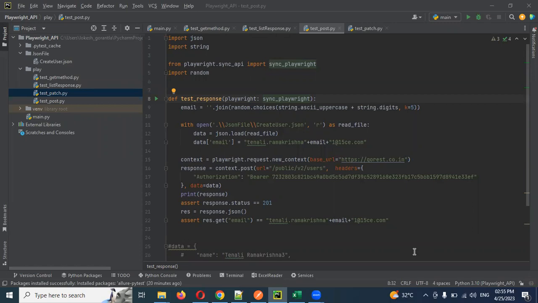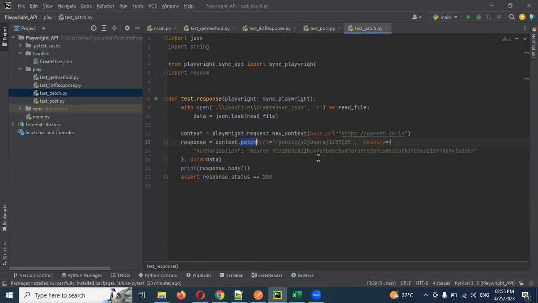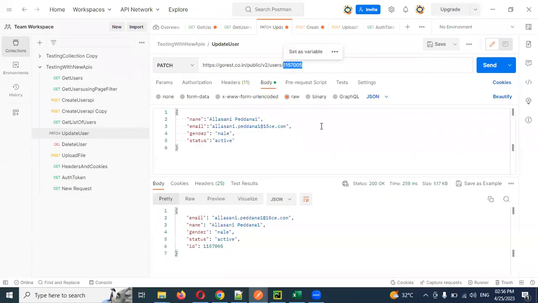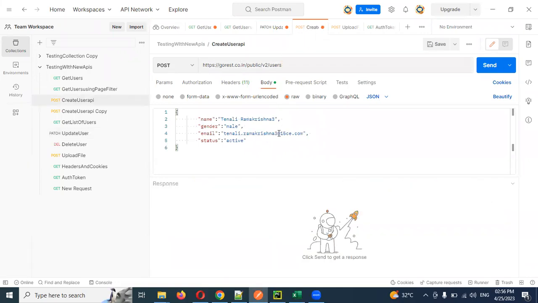This is Lokesh, and today we are going to discuss our new topic, the delete method in Playwright Python API testing. Okay, update we can do easily, correct? But I want to do something where every time you need to create and delete the record. If you delete the record, it will be deleted completely. Okay, once you created it, if you say here,